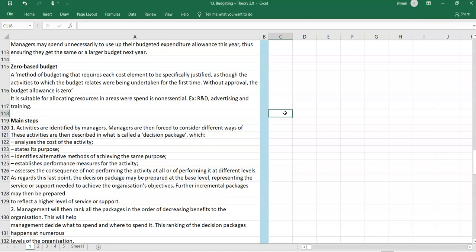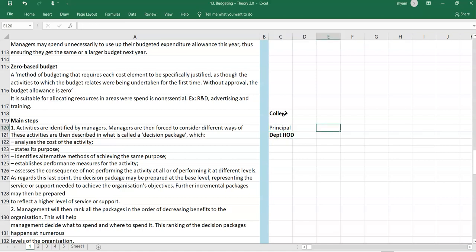Here, assume we take an example of a college. In a college, they have to spend money every year on some activities. So every departmental manager, departmental HOD, will ask for some budget amount to run the department. Usually if the principal asks what amount do you want, they'll tell a very high amount. Why? Because